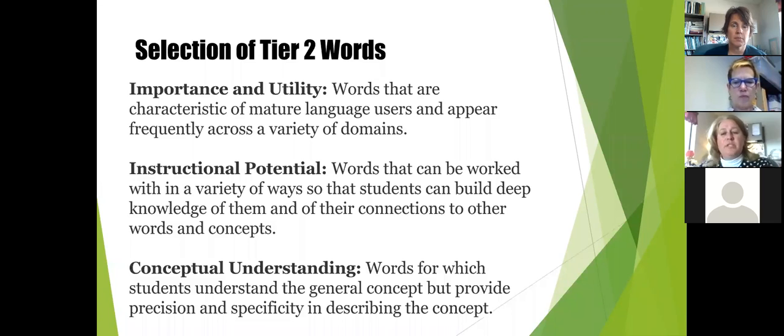When considering words for instruction, if you can answer yes to the following question, the word is probably appropriate for direct instruction. So here's the question. Can the student express the new concept of the word in other ways? In other words, does the student have the vocabulary to support the concept of the word? Also, you might consider whether or not the targeted word is productive. Does learning the word allow students to explain something with greater specificity?